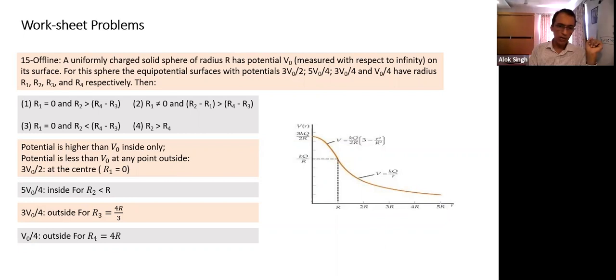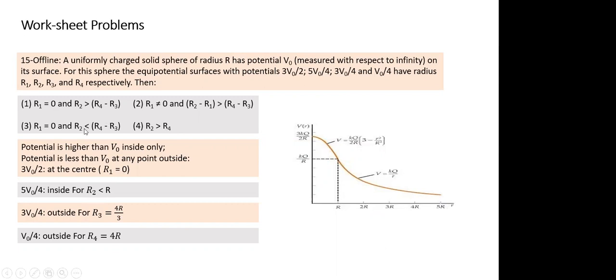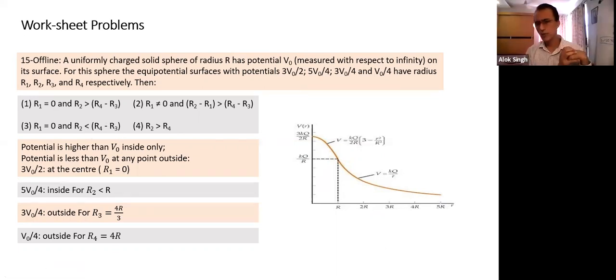With this, without calculating R2, can I get an answer? Yes, I can. I know R2 is less than R. Now I can easily get an answer. R1 is certain. And what is R2? The difference between R4 and R3 is greater than 2R, and R2 is less than R. So definitely this is gone. Only option is R2 will be R by root 2, but we don't... R by root 2. How?